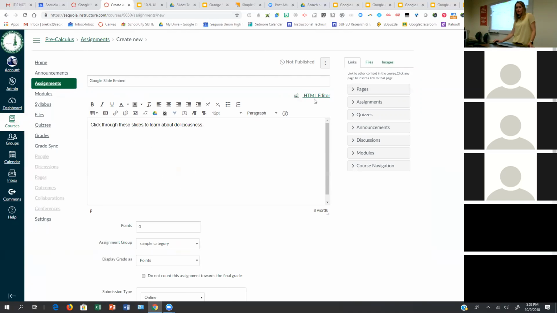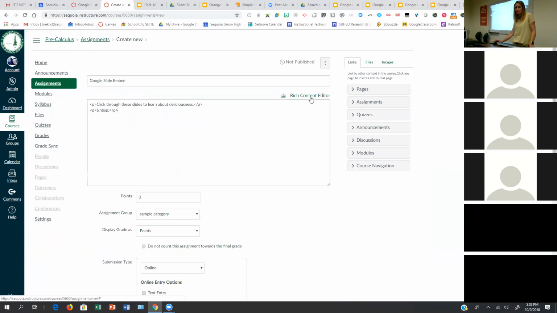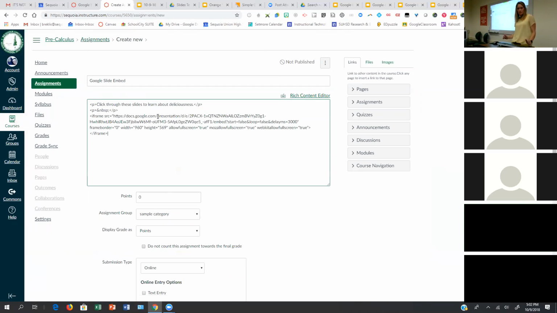Then I'm going to go to HTML editor. If you've never even noticed that was there, fine, you're going to use it. So click on HTML editor, and then you'll see the code for the text that you just entered. Where it has the text and it says the little P's and the slashes, that means paragraph return. If you hit return now, it doesn't add another, but visually, you can see what you're doing. And then paste the embed code.